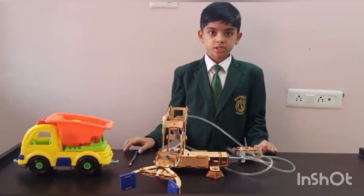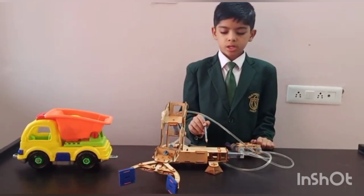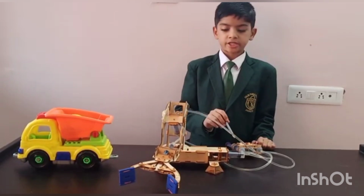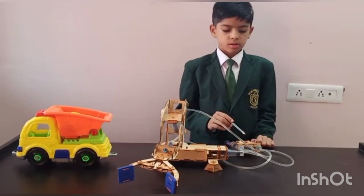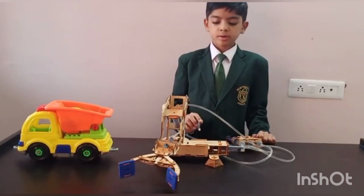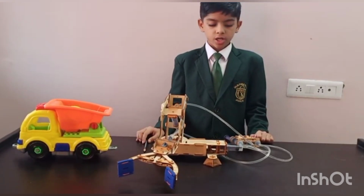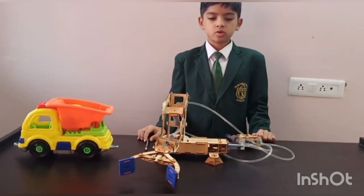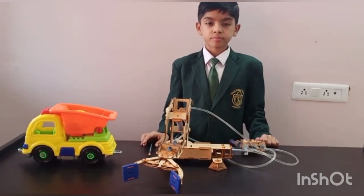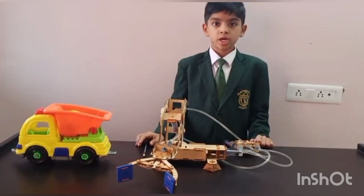I prepared this by assembling 174 numbers of wooden sheets, 6 numbers of plastic syringes, 3 numbers of plastic tubes, and rubber bands. Water filled in the syringe is used for the hydraulic actions of the crane. It can move in 2 directions,